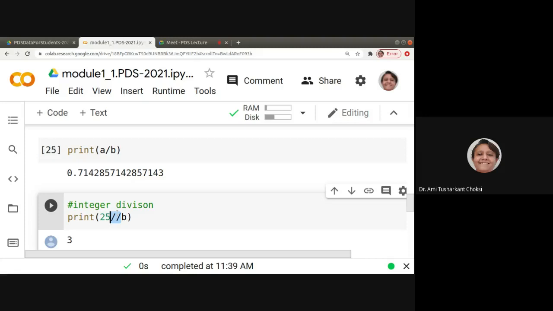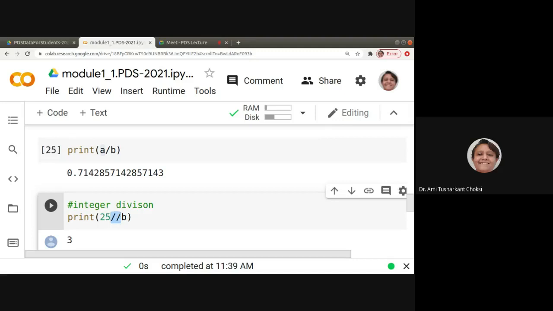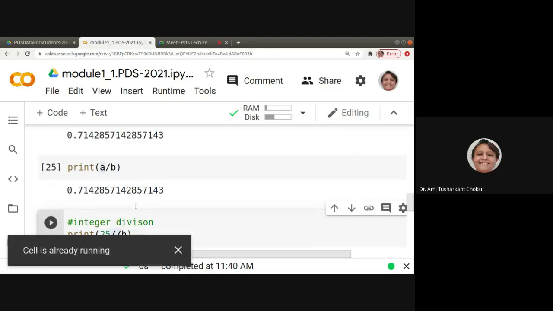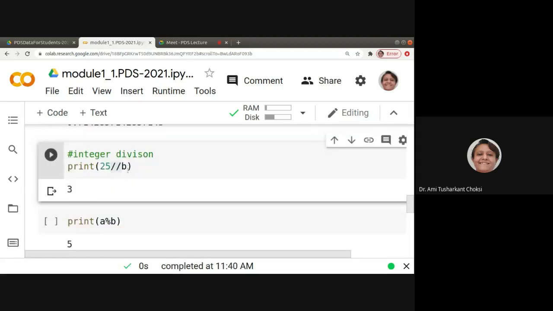That means we are having integer division, right? Take care of this. When it is only one slash, it is division. When it is having two slashes, it is integer division, right? So if I do here 25 divided by what was B, that was 7, right? 25 divided by 7, so 7 threes are 21 and 4 is the remainder, right?